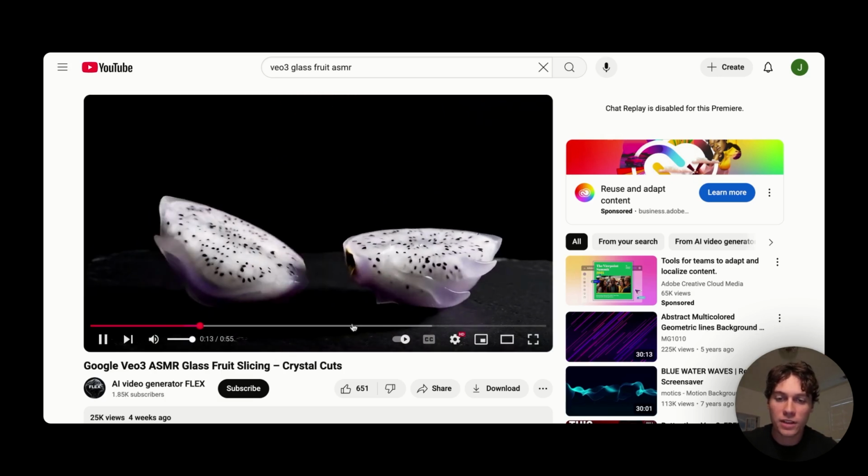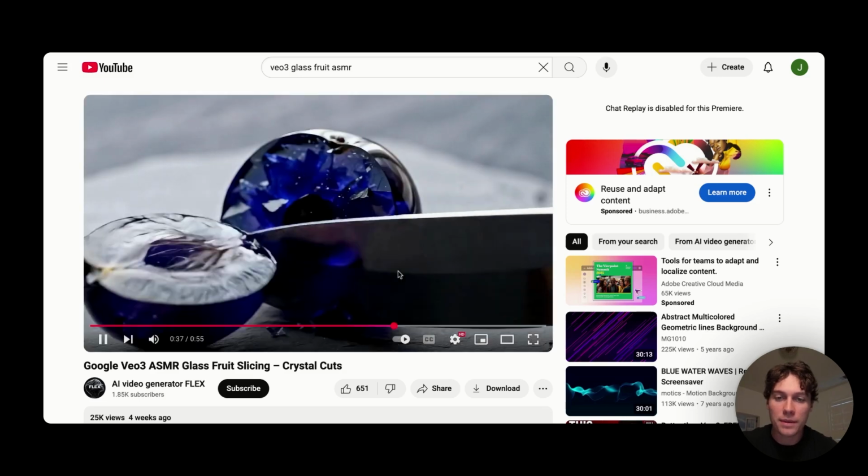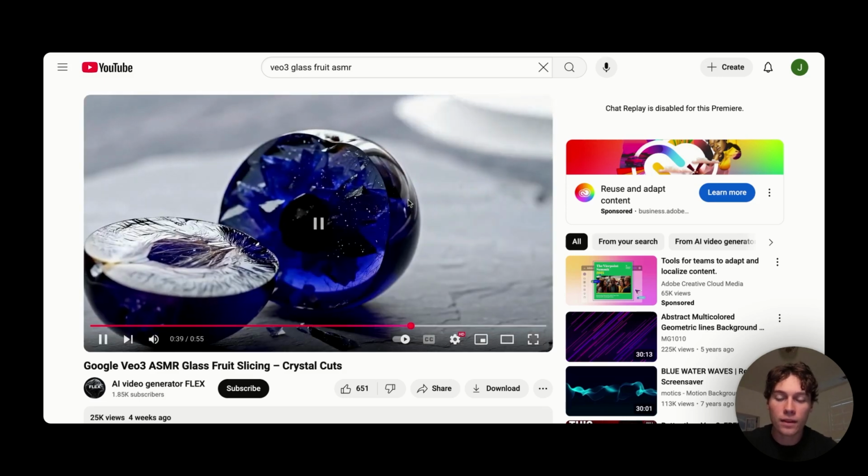That's right down the middle. For some reason, this has been going super viral, but let's take another look. For example, it might be like a glass peach or whatever. So an easy way to recreate this is we can just take a screenshot and we can bring that screenshot